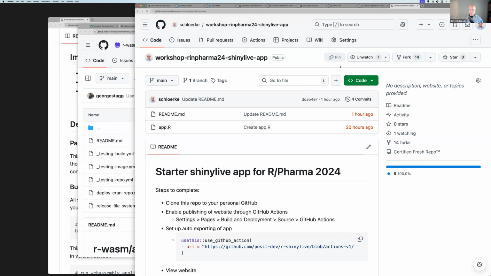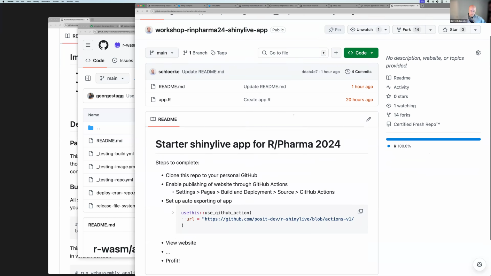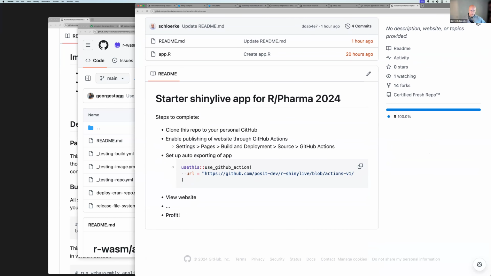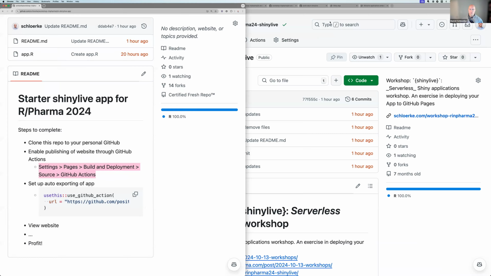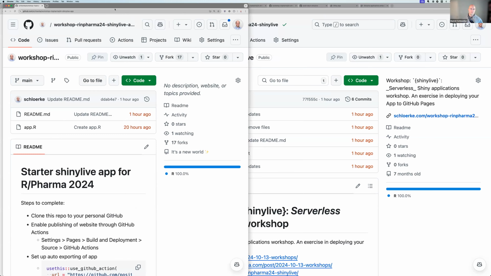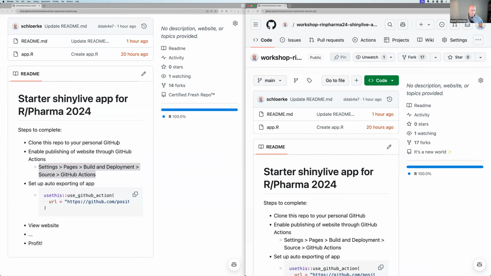All right. So assuming you have this, what do we have here? We need to enable the publishing of the website through GitHub Actions. That is a lot of words for we need to just check this setting deep inside the settings. So let's open this up into 2 tabs. All right.